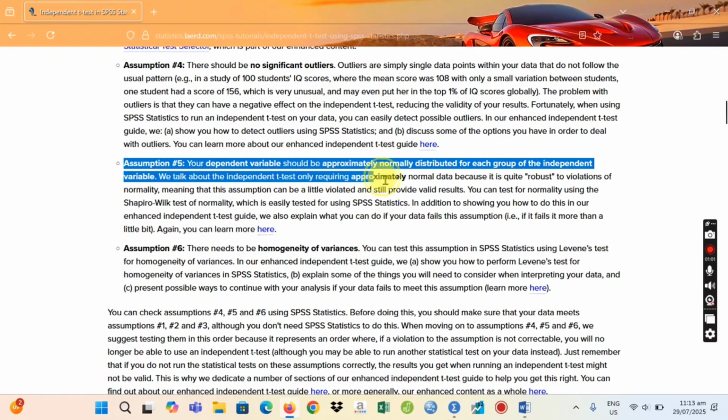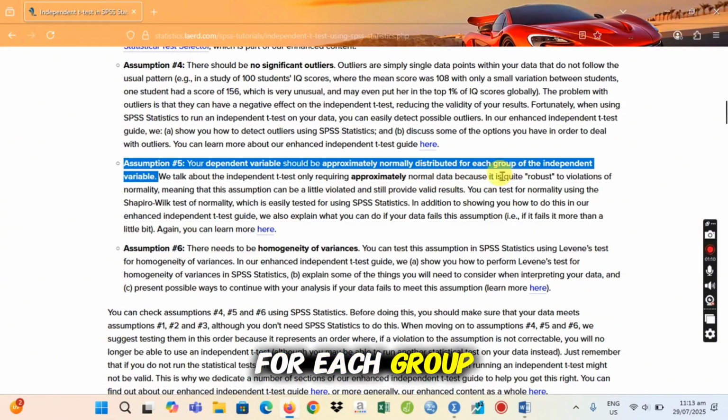If assumption number 5, which says your dependent variable should be approximately normally distributed for each group of the independent variable, is not met, we have to shift to a non-parametric test. And we will see if this is met.